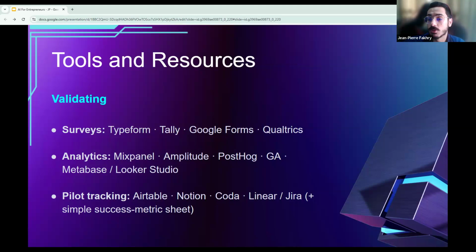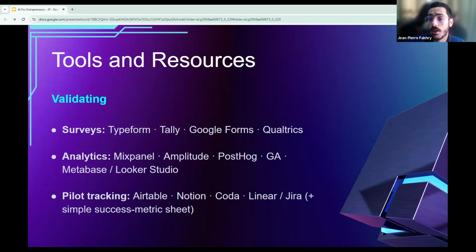And for pilot tracking, it's very important that you use, for example, Airtable for spreadsheet databases for pilot management, just to have all sorts of data. Notion as well, to keep track of everything, for documentation, tracking, team alignment in one place. So it's a workspace tool that combines, again, all sorts of data for project management. It's very flexible and basically it helps with all of these things that you are building the startup with.